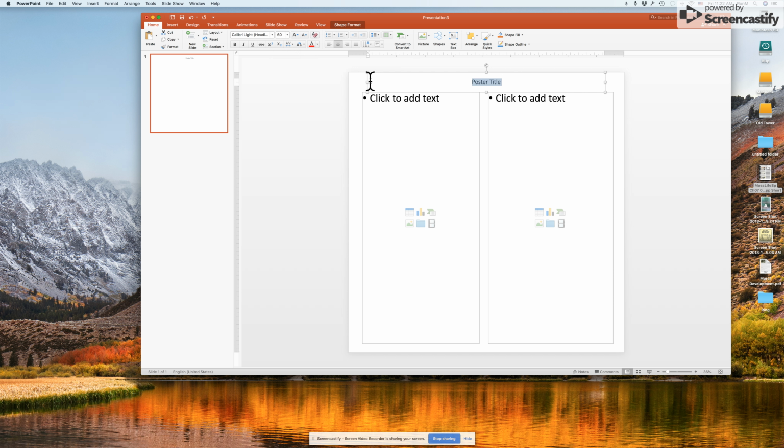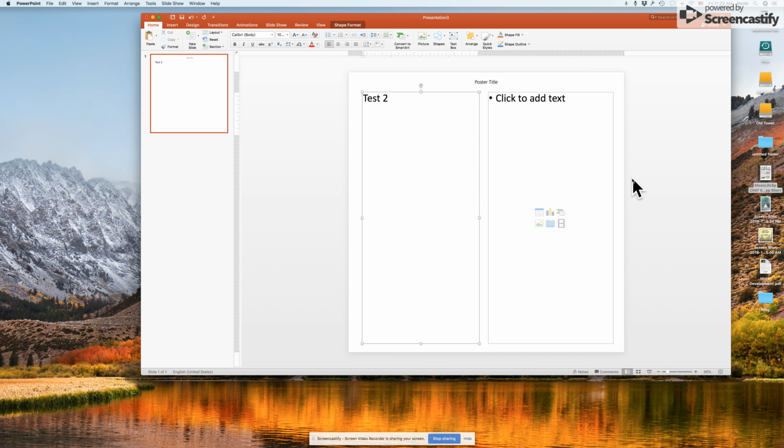Or you can highlight that text box. I'm going to just highlight the text box, and same thing. I'm going to change it to 48. So in this text box, I do not want this bullet point right there, so I'm going to click off the bullet point. So my topic is going to be